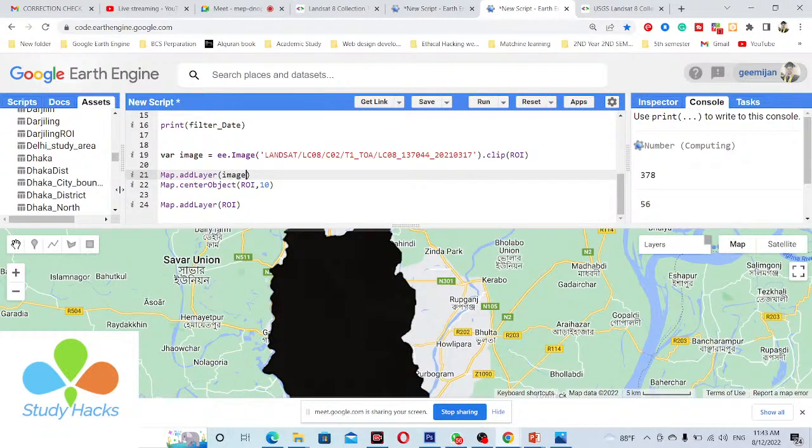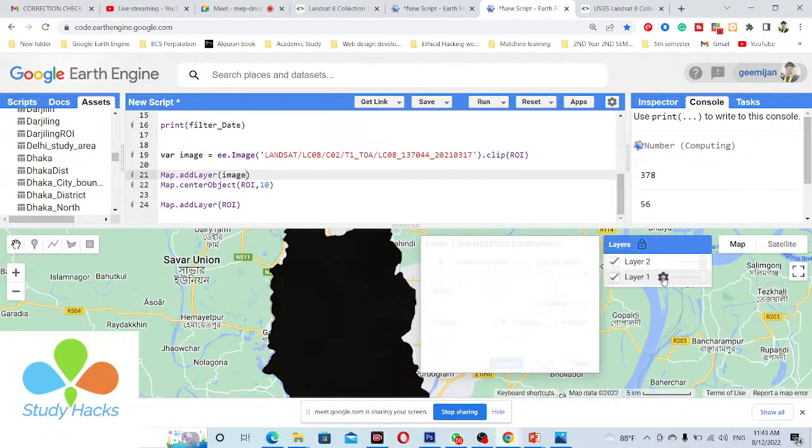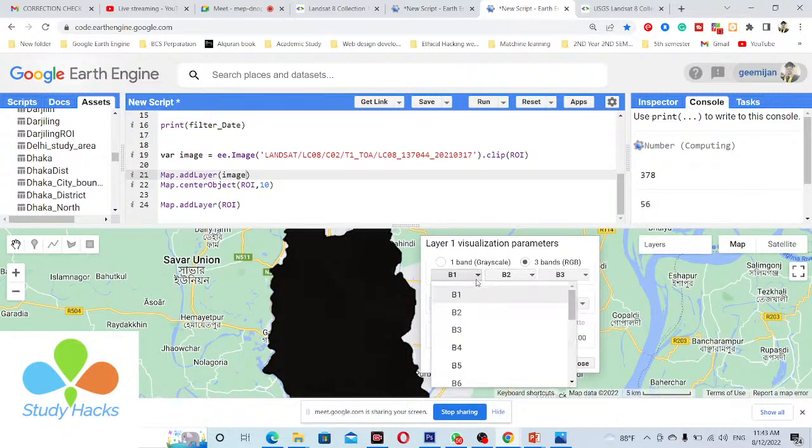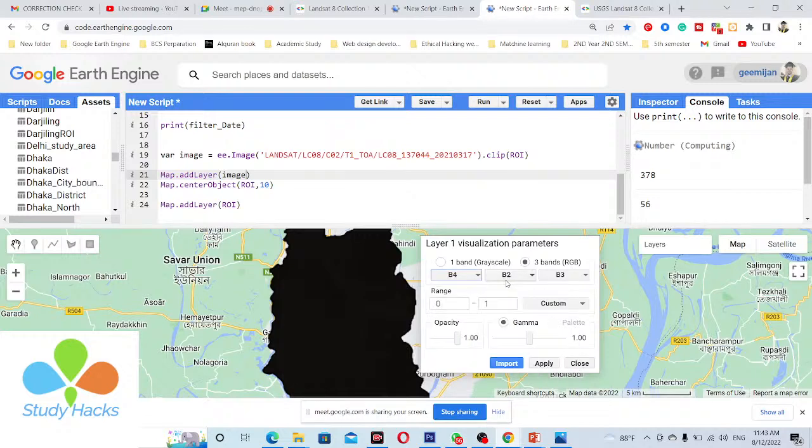So this time I click on this image in here, and you can see the 3 bands. You need to select the bands for the 3 channels. So I select B4, this is the red band, the green band B3, and also use B2, this is the blue band. And I also increase the stretch for better looking. Simply click on 98%, and then click apply.